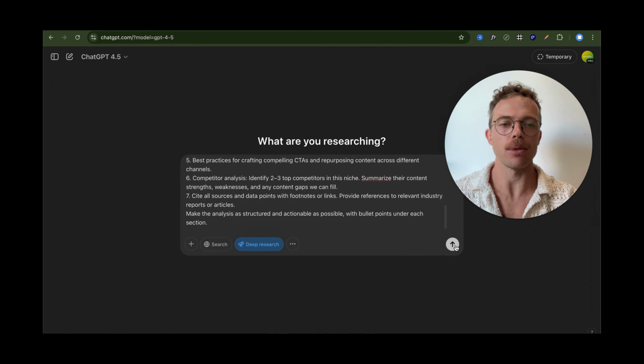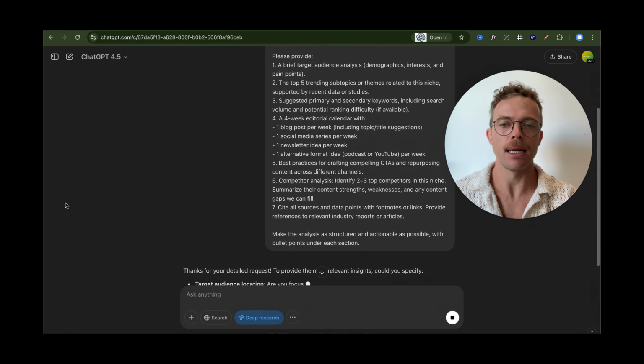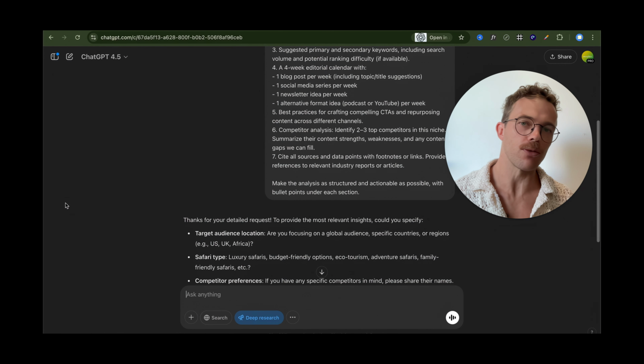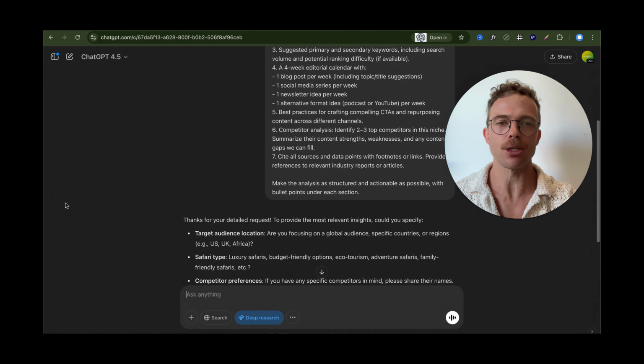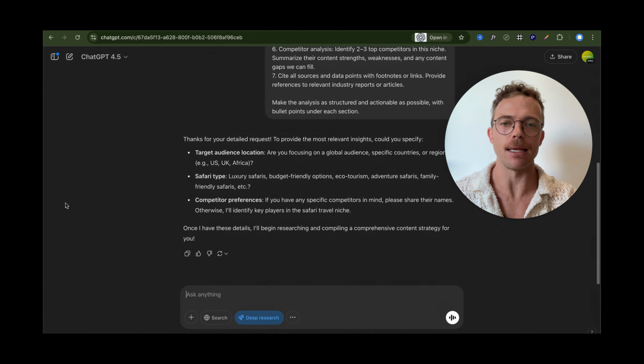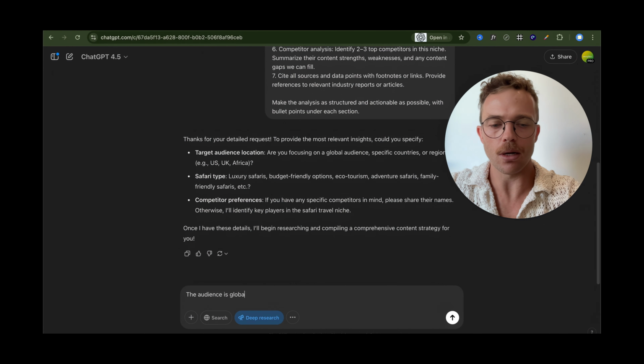But from here, we're simply gonna hit enter, and what you'll realize is deep research always follows up with questions, which I really like. It makes it more conversational, more collaborative, and allows you to refine the prompt further. So thanks for the detailed request. To provide most relevant insights, could you specify target audience? So let's go for